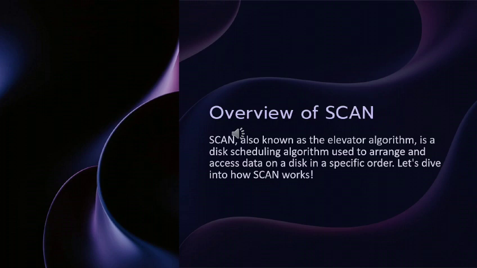Let us consider a scenario where disk requests are represented by a queue of track numbers 98, 183, 37, 122, 14, 124, 65, and 67. Let us assume that the head is at track number 53. Now, SCAN moves the head towards the end, servicing the requests in its path, which are 65, 67, 98, 122, 124, and 183, and it moves until it reaches